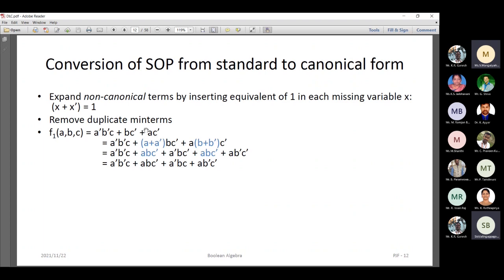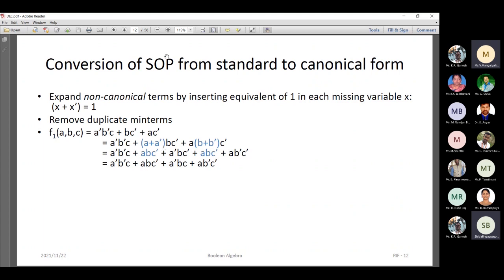To convert this, we use certain formulas: A plus A bar, B plus B bar. B plus B bar is nothing but 1. A plus A bar is nothing but 1. If I write it, it is like 1 into BC bar, where I represent 1 by A plus A bar. You may ask, sir, why do you write A plus A bar only? Why not B plus B bar, why not C plus C bar? Already BC is there. If you want to convert into canonical form, you should check which is the missing term. A is the missing term, so for that missing term you have to write A plus A bar equal to 1.